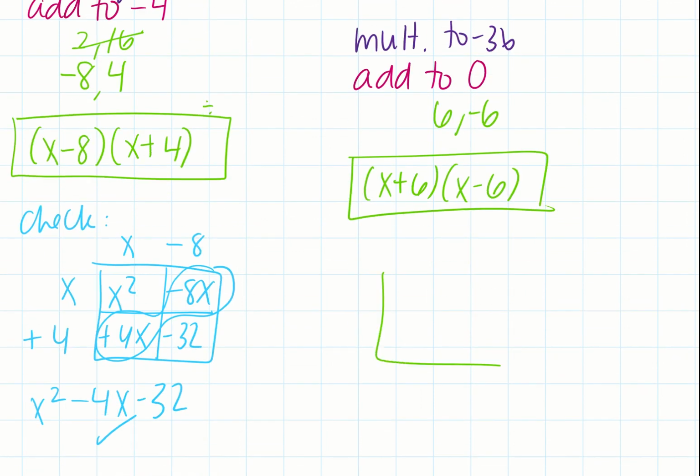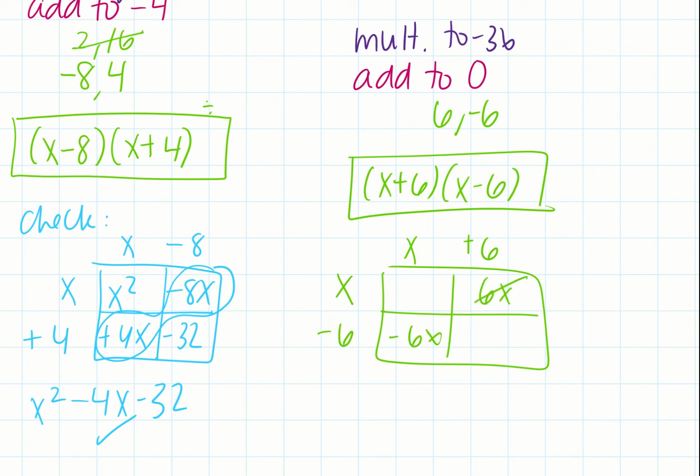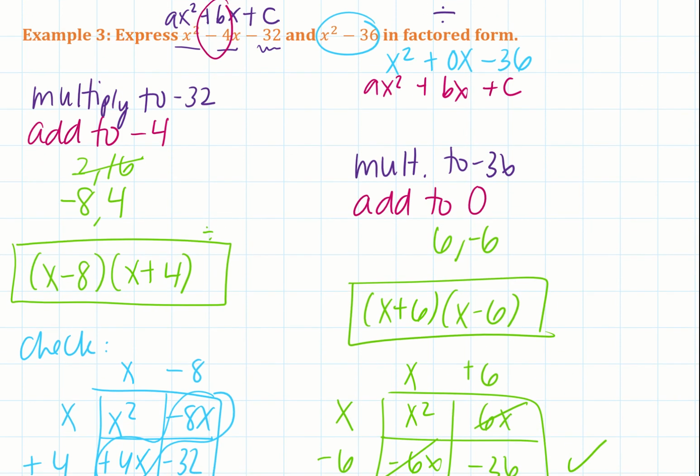And you can double check. When you double check, these terms do indeed cancel out. So you're left with just x squared minus 36. So that works nicely. If this strategy seemed confusing to you, you can also think of this as a difference